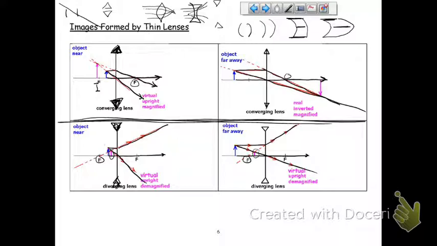Now, okay. So this raises the issue of a magnifying glass. If you want to use a magnifying glass, you want a big upright image, so you must have the object be within the focal length of the magnifying glass. You can't use a magnifying glass to look at a distant object, because what would happen is you'd have